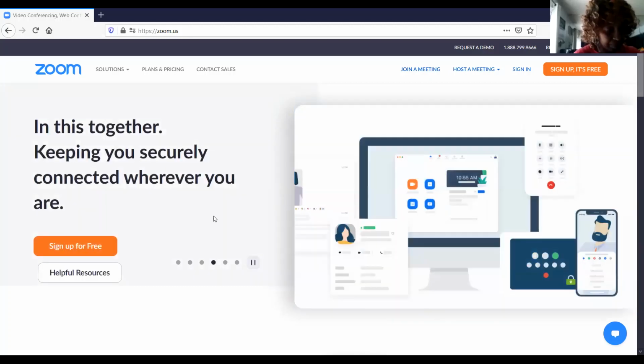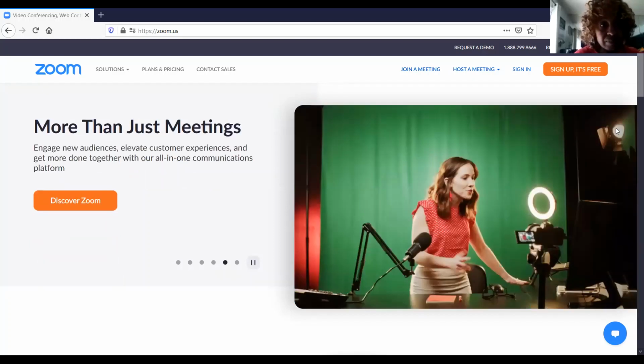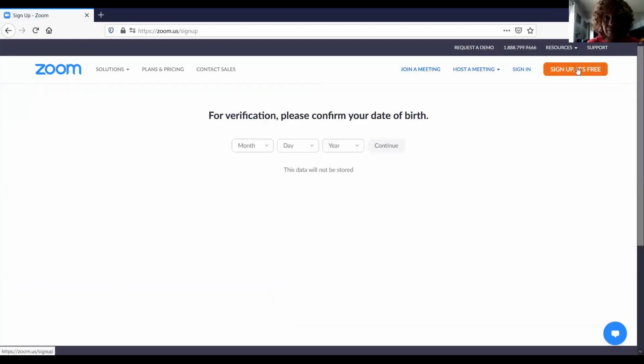This is Zoom. And so you just go to zoom.us and that's how you get on here. And then when you're on Zoom, you just go over here. It says sign up. It's free. Okay. So you click that and you have to verify your birth date because it'll make sure that you're old